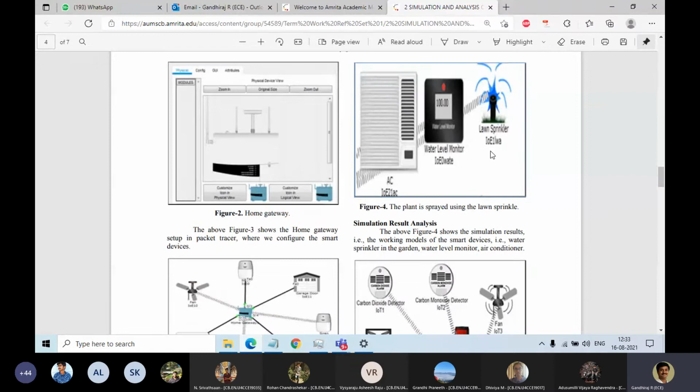You see? It's made in a lawn. There is a sprinkler and water level monitor at home. Just imagine you have your own dream house or a currently existing house. Wherever you face a problem, if any automation is there, it would be good.